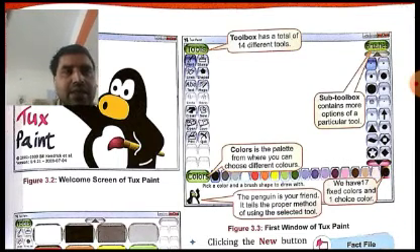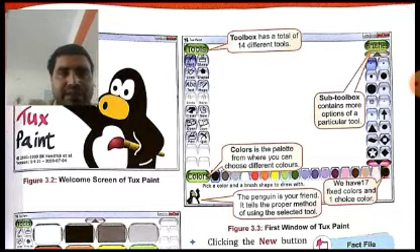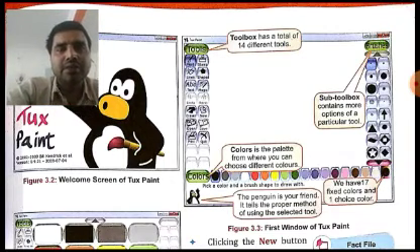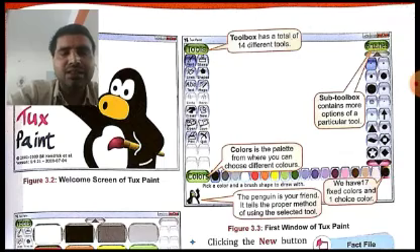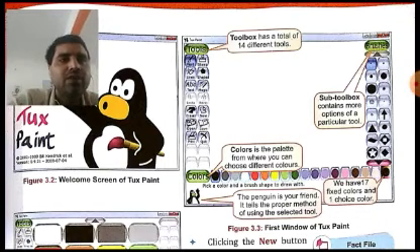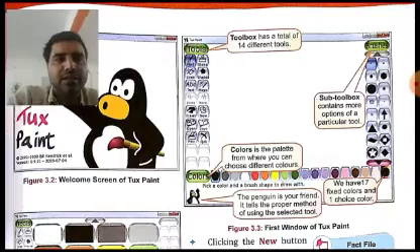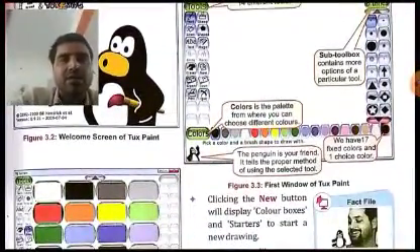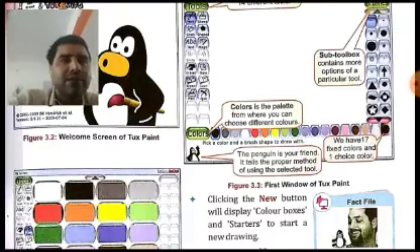Here in the color section at the bottom we have 17 fixed colors and one choice color. And this penguin is our friend. It is actually the drawing mascot which we use every time. Whenever some message is displayed, this drawing mascot is always displayed. It tells the proper method of using the selected tool. Everywhere, whenever we want to use any tool, this drawing mascot will tell us the proper method of using that selected tool.